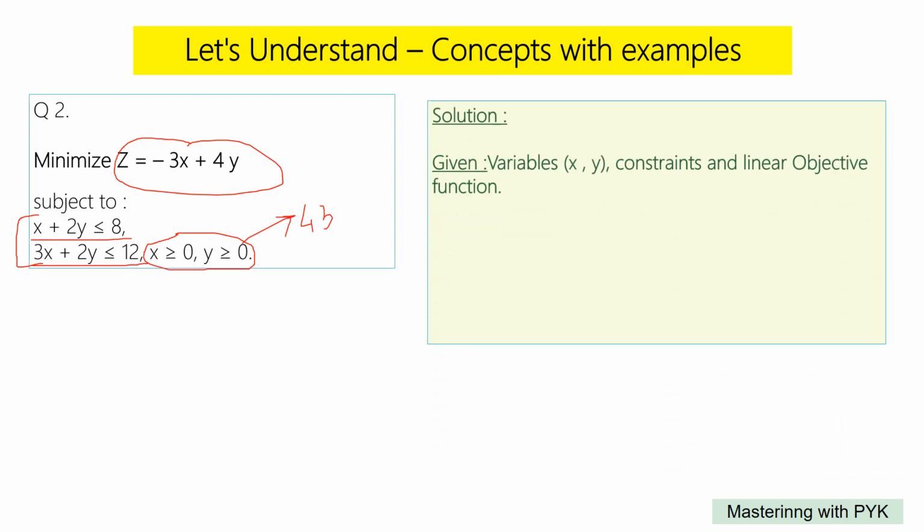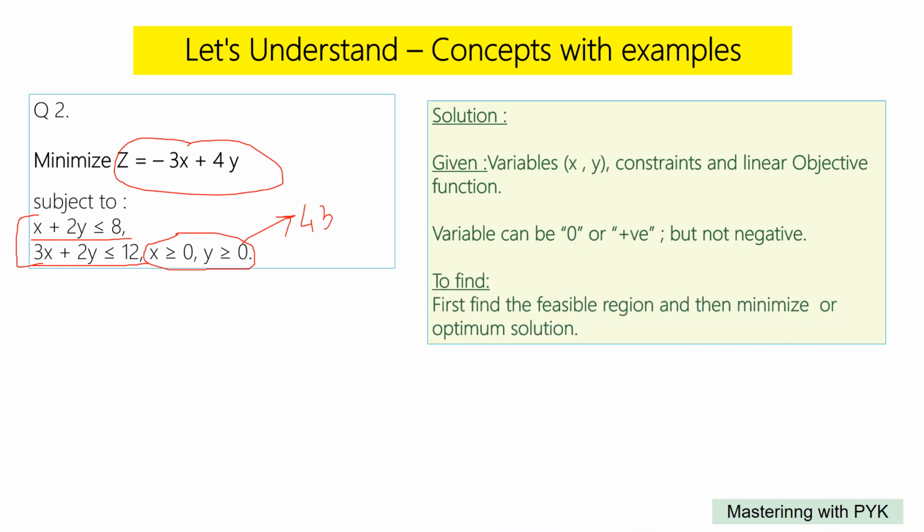So we have the variables x and y, right? And the linear objective function is given. Variables can be 0 and positive but will not be negative. We have to find first the feasible region and then minimize or optimize the